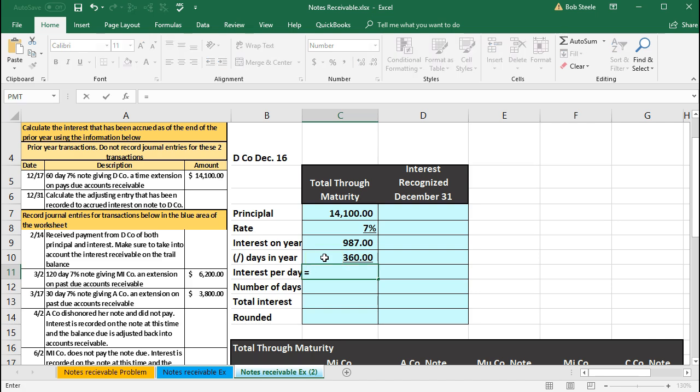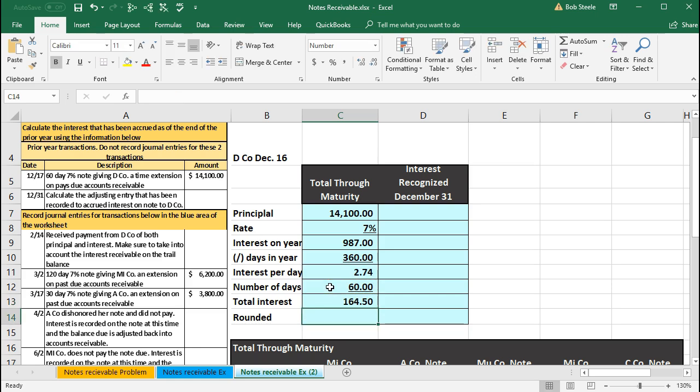So this equals this 987 interest per year divided by 360 days, which gives us 2.74 per day. Then we're just going to multiply that times that 60 days, by saying equals, pointing to that 2.74 in C11, multiplying times that 60 in C12,